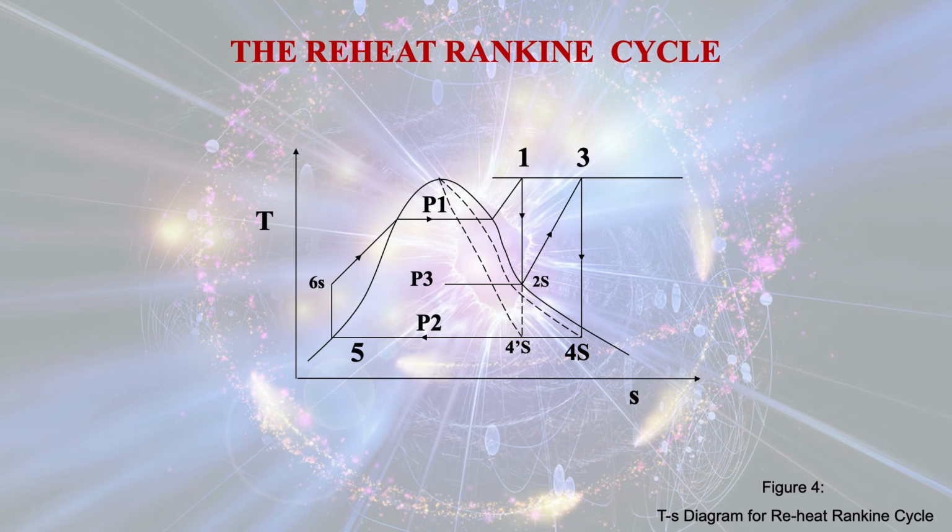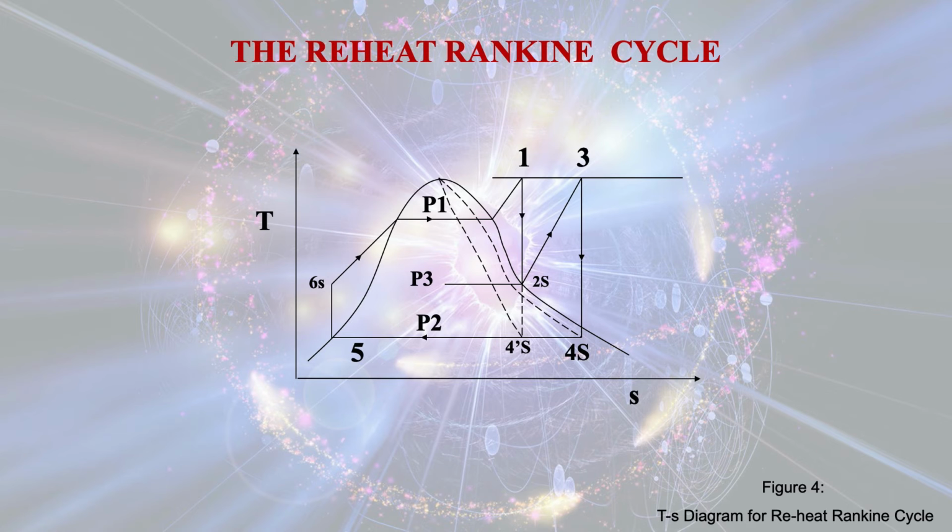After that it is heated from that point up to point 3, that is the entry point of the low pressure turbine, and the work done by the low pressure turbine is H3 minus H4S. So the net work done is equal to H1 minus H2S plus H3 minus H4S, in this case for the